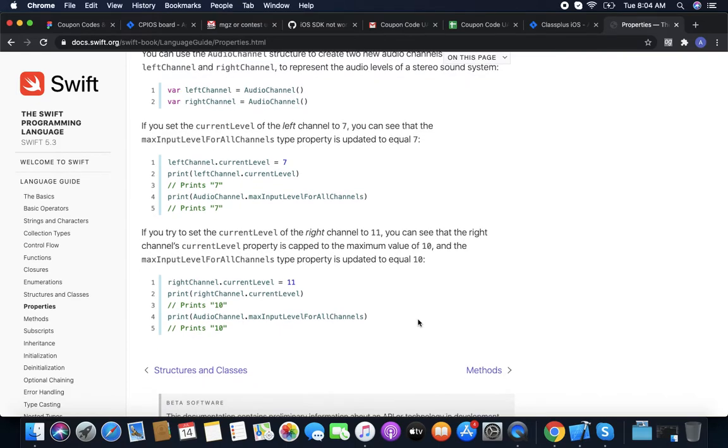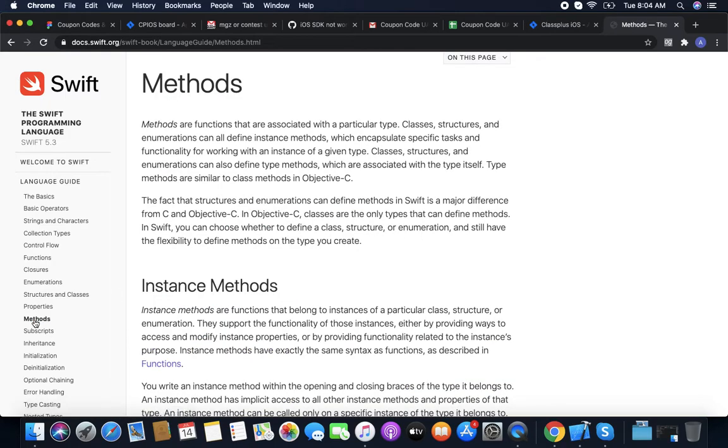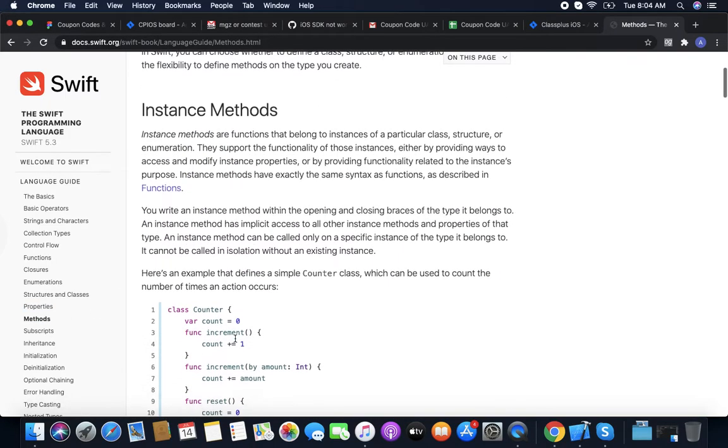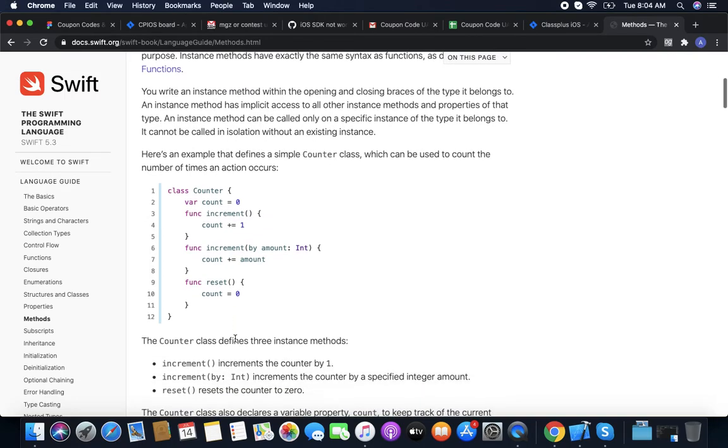So basically, a local variable can be accessed within the class or structure, or we can use it outside with the instance. But a global variable can be accessed anywhere. Now we have methods. Methods are the functionality of a class. Like we have Counter, with a stored property count 0.